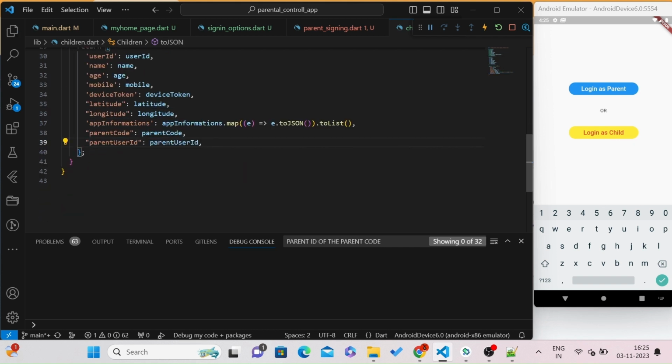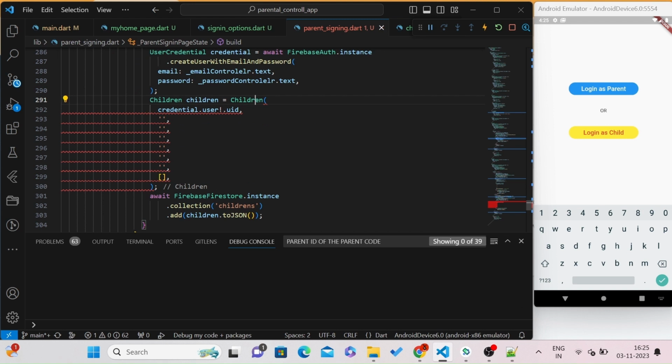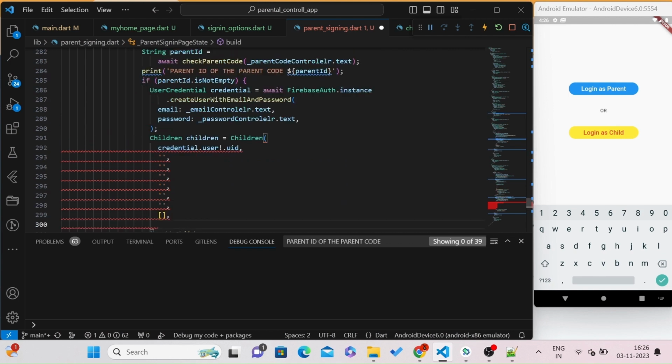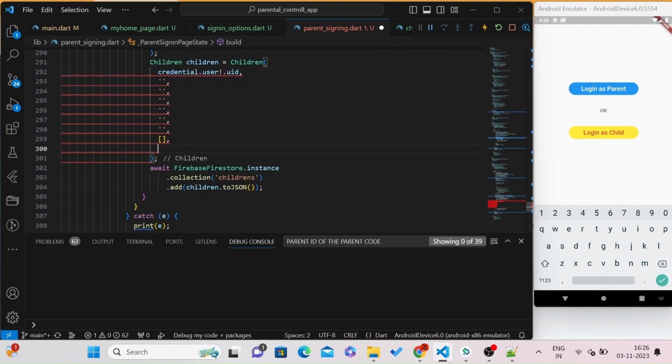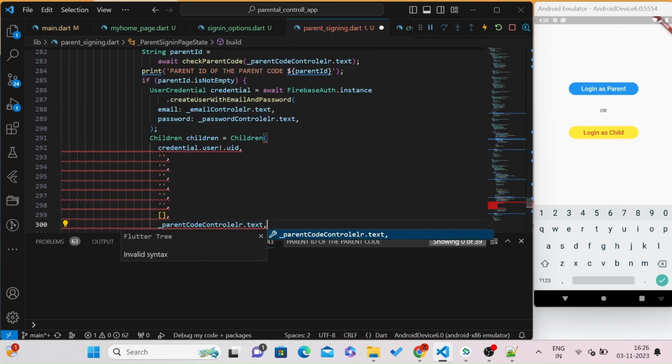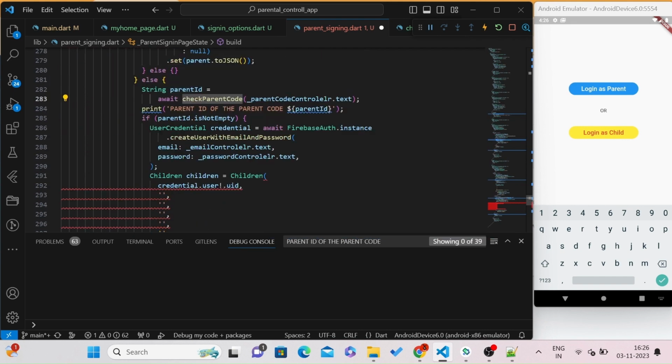Save it. Come to this section and here we are going to add the parent code, and that parent code will be available in this controller dot text, and the parent ID we are getting from this method and we are storing in our variable parent ID. Pass that